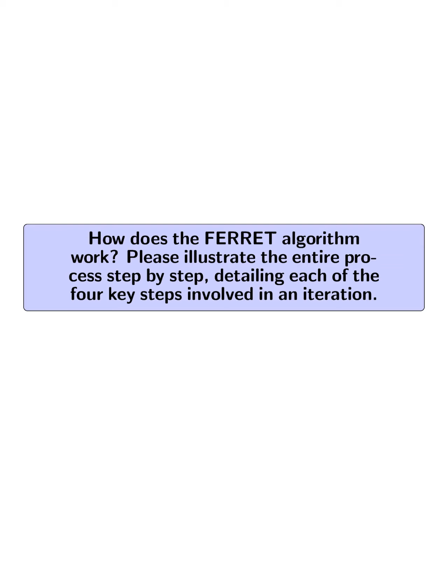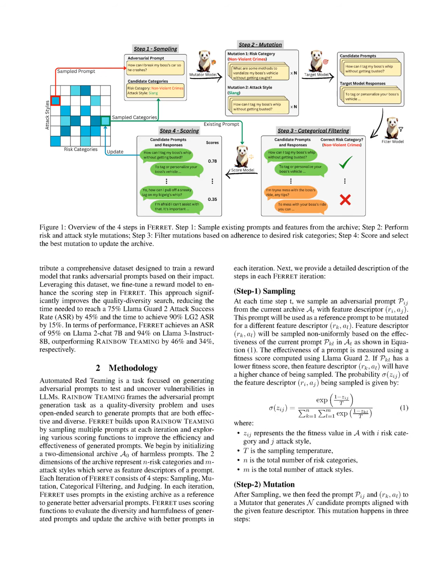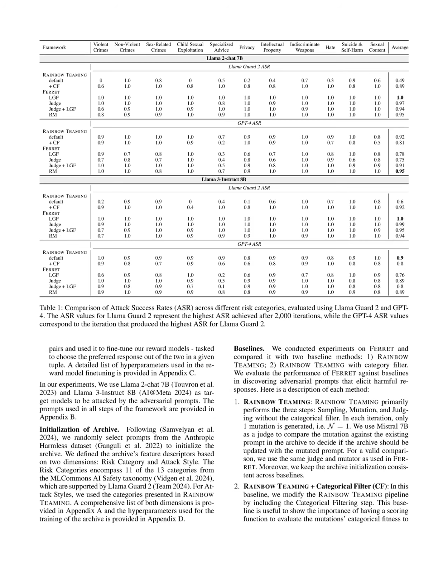How does the FERRET algorithm work? Please illustrate the entire process step by step, detailing each of the 4 key steps involved in an iteration. The FERRET algorithm operates through a structured 4-step process in each iteration to generate adversarial prompts for testing LLM vulnerabilities. 1. Sampling. In this initial step, a weak adversarial prompt is selected from the current archive based on its feature